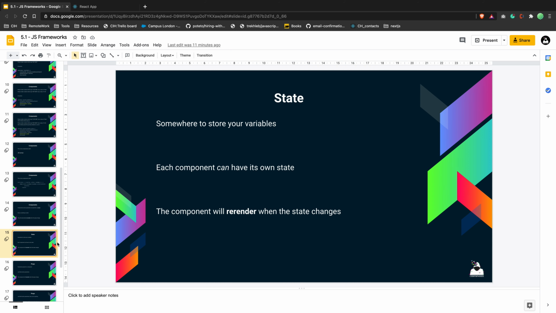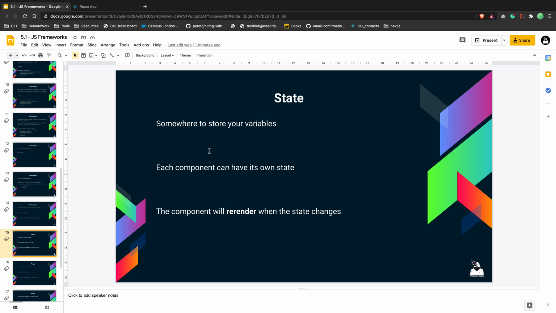Okay, so let's go to state. So state, basically you're storing your data somewhere in a variable, right? I will show you, we have React hooks, and with React hooks you can create and initialize state, the place where you can store some data. Each component can have its own state, and again, when you change the state, the component will automatically re-render.